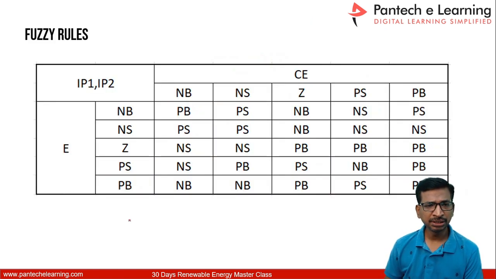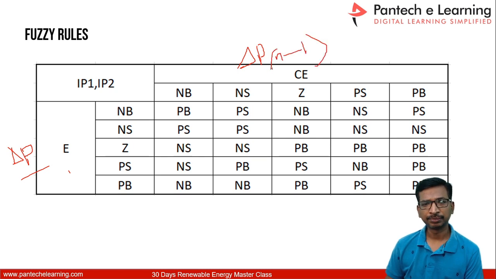fuzzy rules. This is called the error, which is nothing but the power, del power, right? And similarly, this is the del power n minus 1. So this is the nth sample and then the n minus 1 sample. Here, if both are negative, NB, then this is the positive B. So these variables will have a